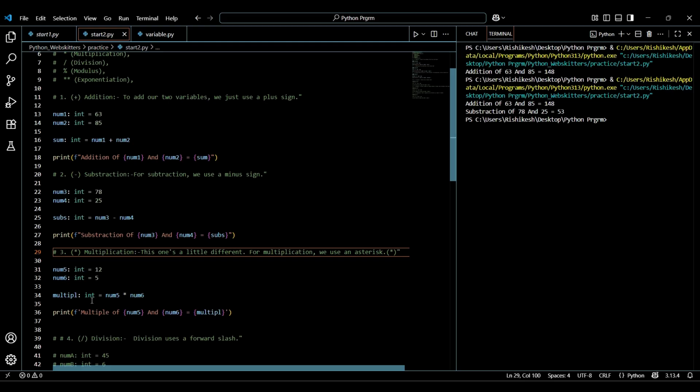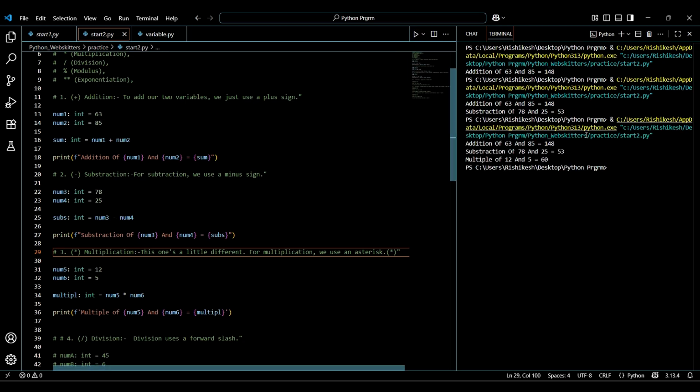We store the multiplication of num5 and num6 in a multiple variable, using the asterisk between num5 and num6, and print it. Let's run this file and see what happens. You can see that the multiple of 12 and 5, which is 60, got printed in our terminal.